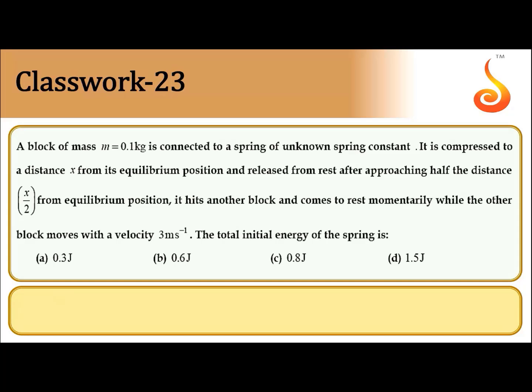Next, a block of mass 0.1 kg is connected to a spring of unknown spring constant. It is compressed to a distance x from its equilibrium position and released from rest. After approaching half the distance, that is x by 2, from the equilibrium position, it hits another block and comes to rest momentarily while the other block moves with a velocity of 3 meters per second. The total initial energy of the spring is,